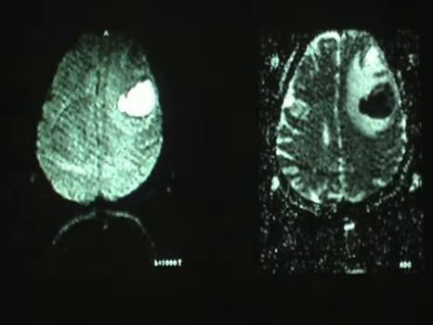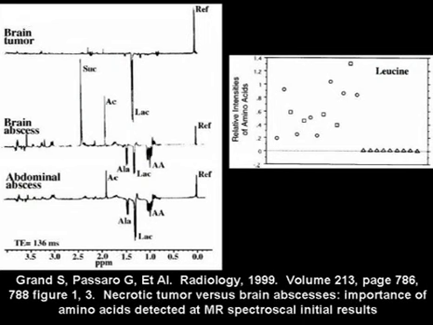When we take a look at our diffusion-weighted imaging, we've got prominent restricted diffusion within the content, and when they went to the OR, this basically was a large collection of pus. Some work done by Granol in 99, basically taking a look at MR spectra documented in brain tumors as well as multiple abscesses. While all of these lesions demonstrated lactate, as demonstrated by this reverse doublet on the echo time of 136 milliseconds, only the abscesses also had this amino acid peak near the 1.0 or 0.9 parts per